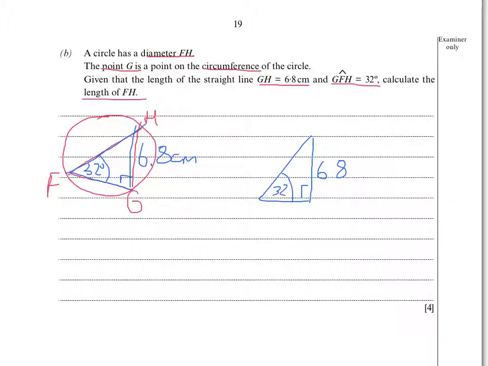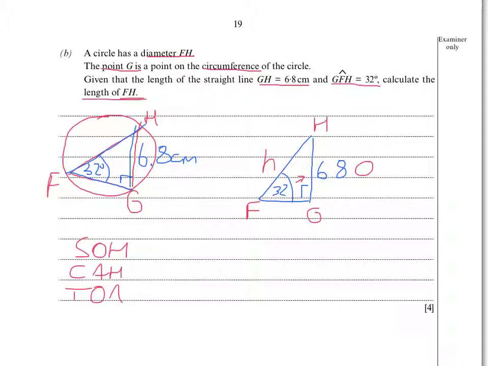So if I label my triangle, I can see that opposite my angle I've got 6.8, and they want me to work out, if I add the letters here, what FH was. So they want me to work out what my hypotenuse was. So what have I got? I've got my opposite, I've got my angle, and I want to find my hypotenuse. So if I look at my